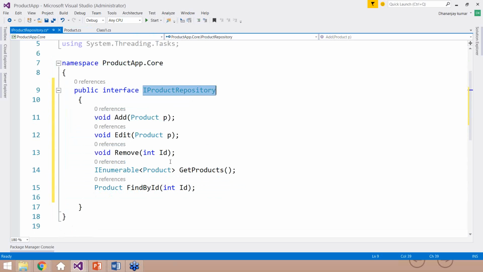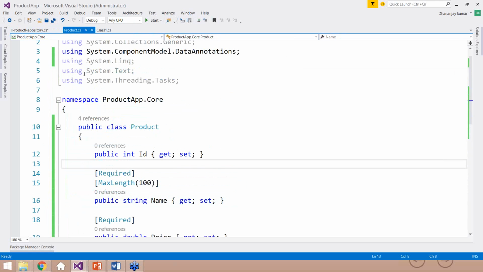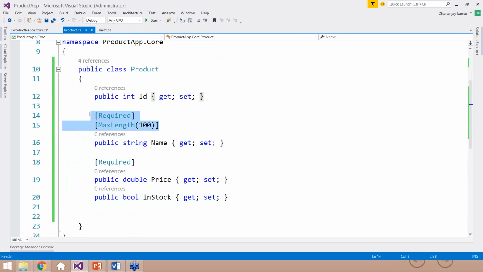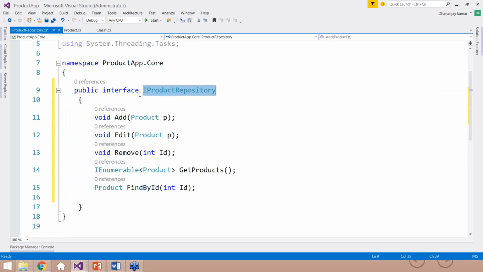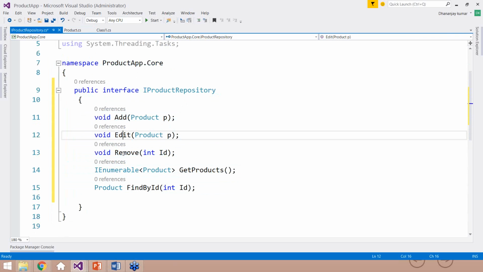But if you consider these data annotations, and data annotations means things like Required, MaxLength, etc., as part of the domain information, then what you do is add the System.ComponentModel.DataAnnotations library in your core project, and then you annotate the data right here in the core project. So in the core project, we have created an entity, then we have created the interface